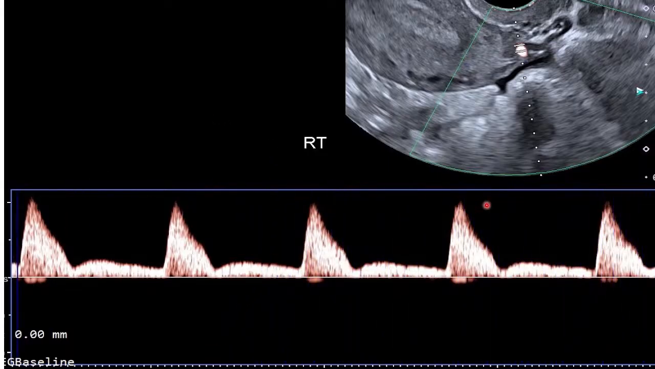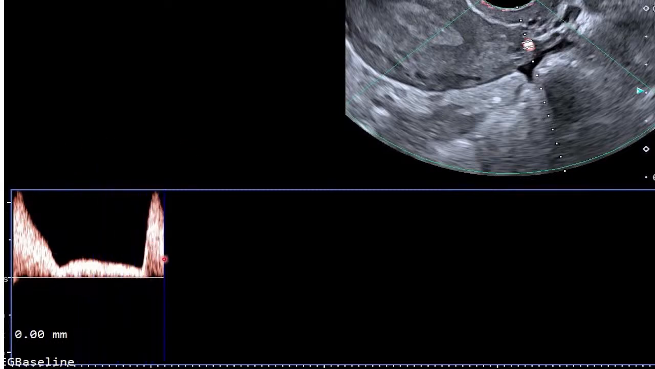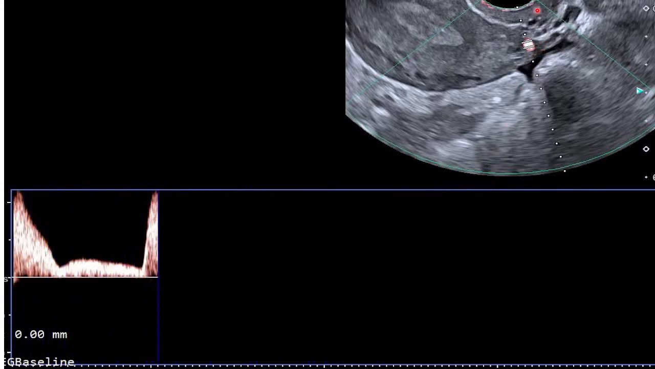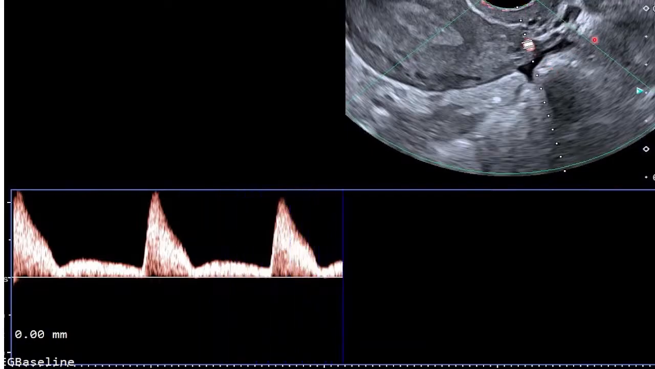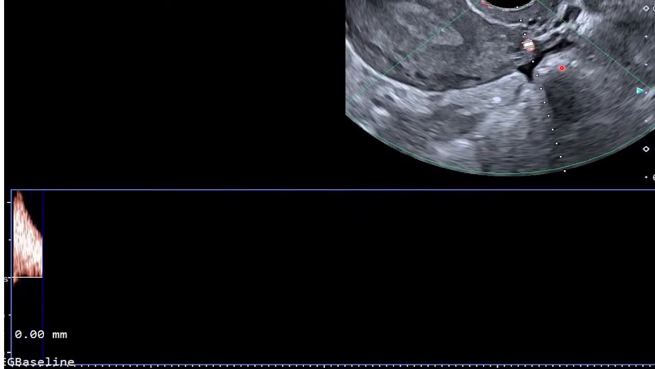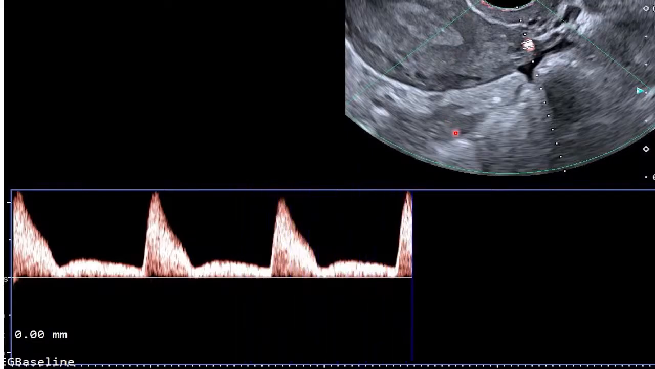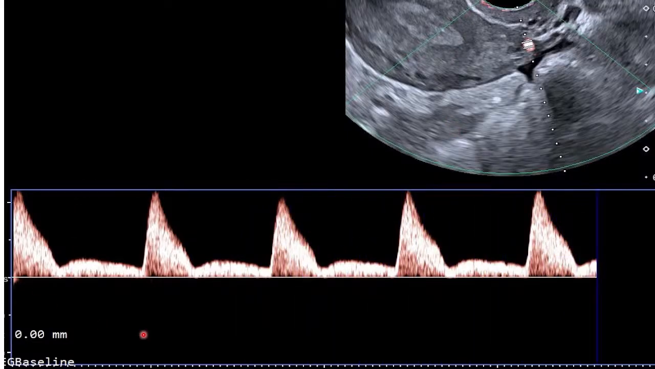So I want you to learn how to, you see where I'm measuring there, that's the uterine artery. There are two, the right and the left. So this is just a demonstration on how to measure one of them. So you should be in a position to do that. When you are able to do that, then